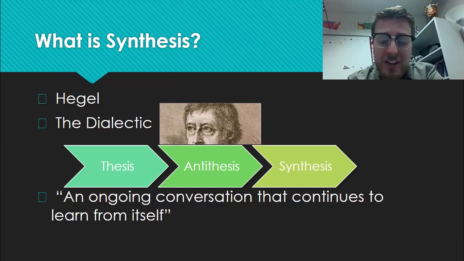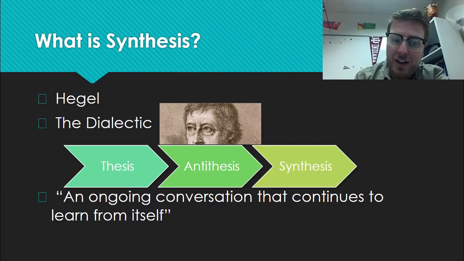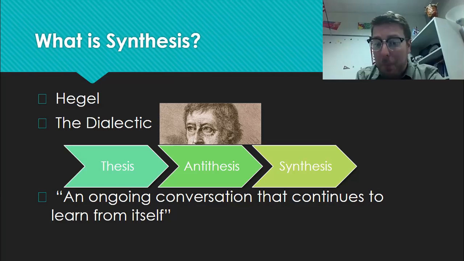The dialectic was, he said, a pattern that human thought and human history really falls into. He saw history, he was a very optimistic person as a philosopher who saw human history as constantly developing and improving on itself. In other words, he made the argument that human history learns from itself. He saw human history as an ongoing conversation that continues to learn from itself, where an idea, a trend, would come up and arise in human society, would be met with an opposing point of view, and then ultimately would lead to some sort of advancement.